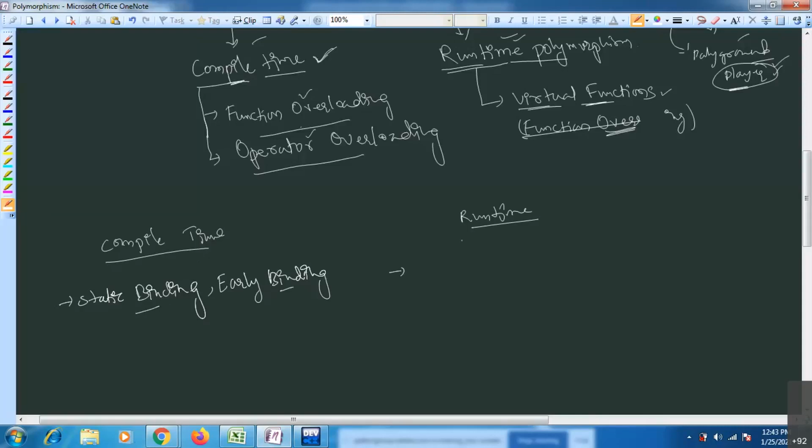This runtime polymorphism you can call dynamic binding. One more word, late binding.